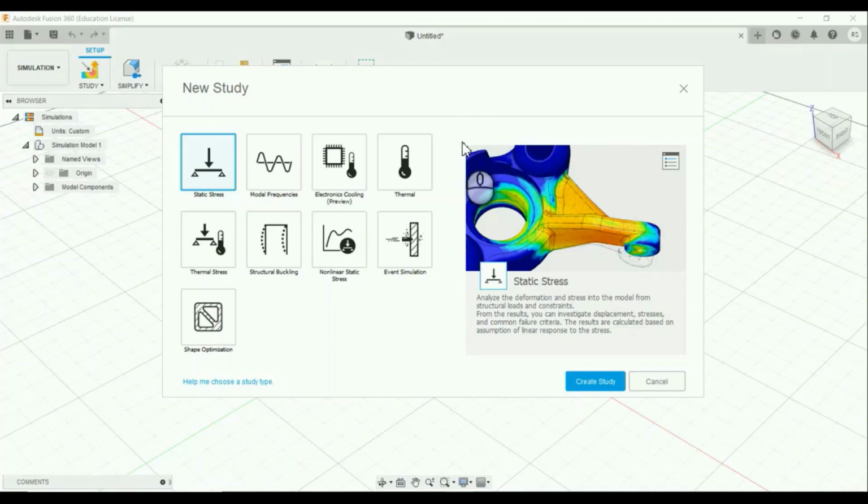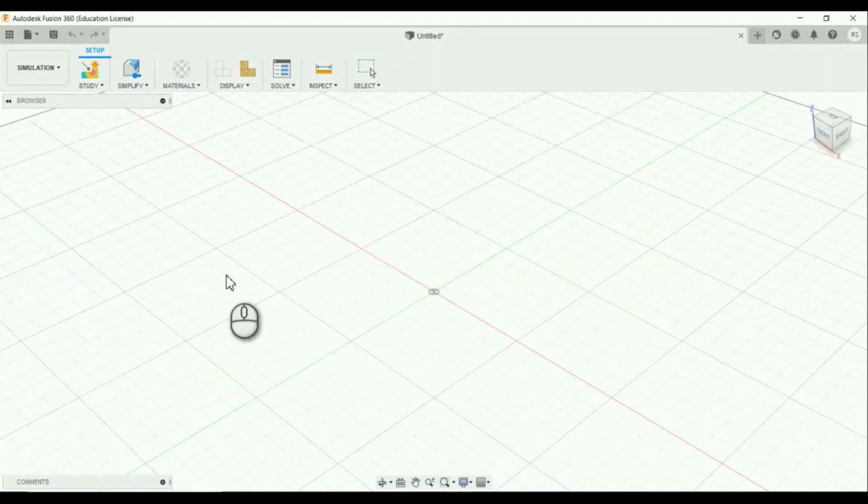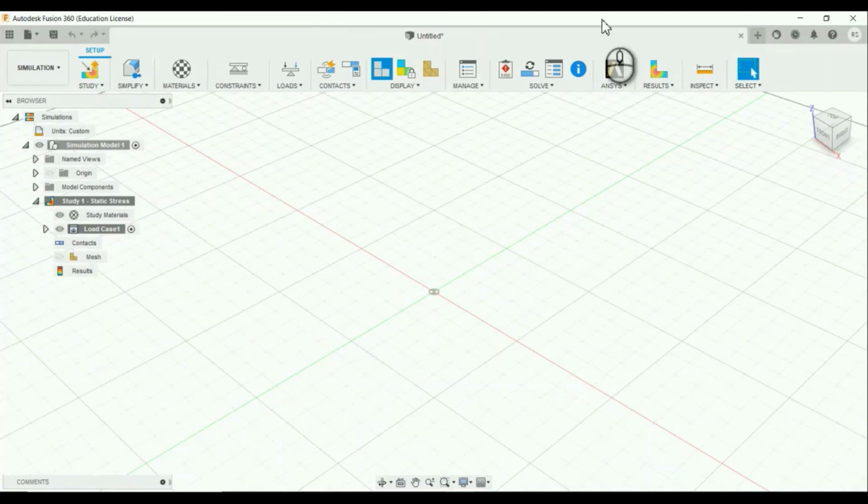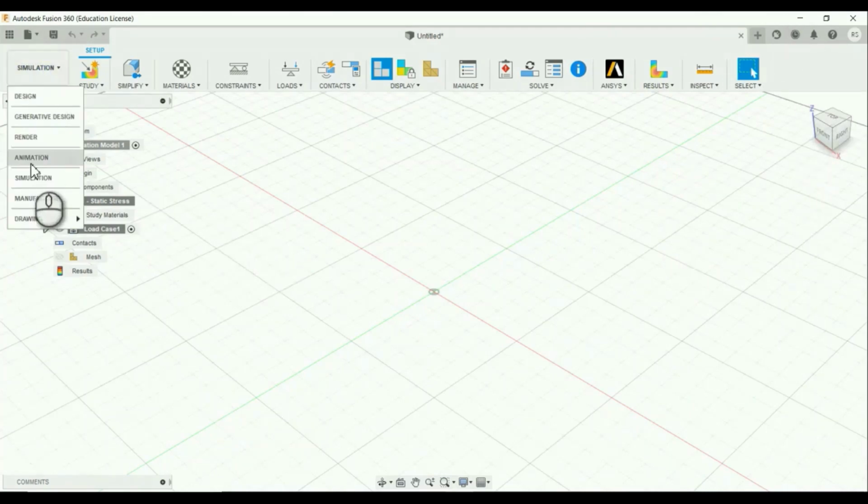And if you are going to analyze the heat transfer analysis, there are 2 studies available like this. And after that, click create study. After that, these are the tools available for simulation workspace. These tools are also similar to generative workspace.